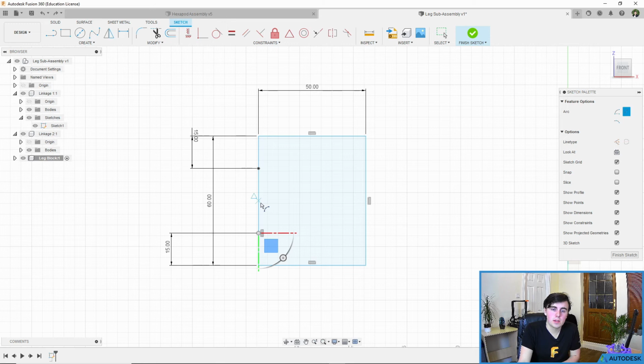Now notice, as I hover over the center of this line, a dotted line appears. That means that my cursor is directly in line with the center of that line. That's what we want. So you can click to create that, and then we're going to press D on the keyboard,